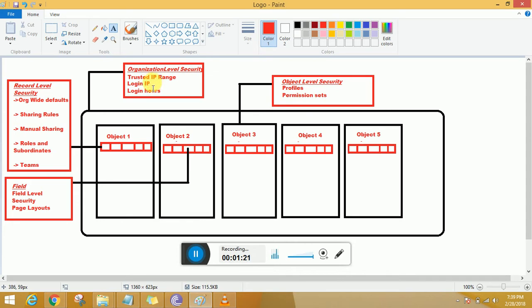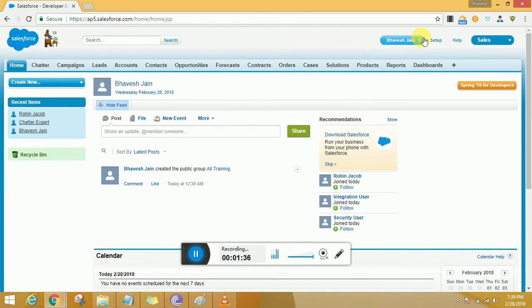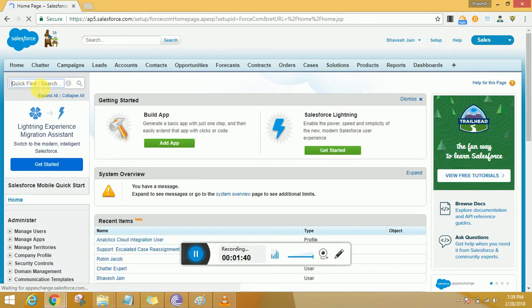Now we have three important options available that should pass for you to go ahead and enter Salesforce at least. Now coming to trusted IP range, that is the IP range that is specified by the